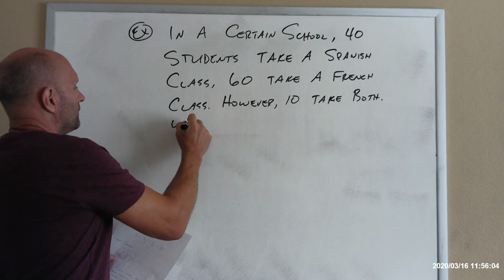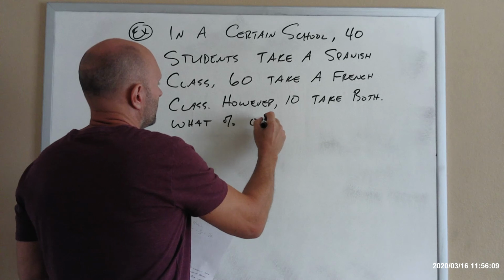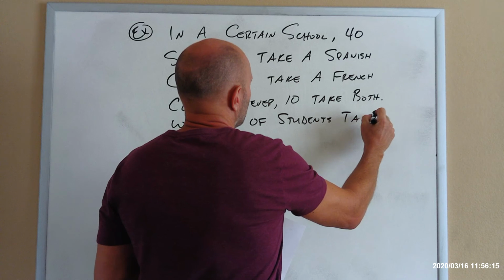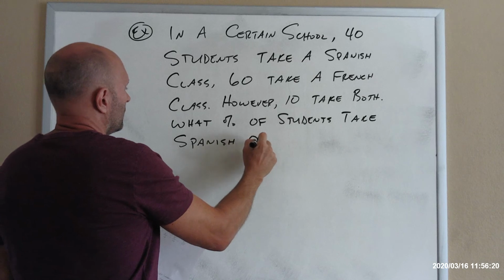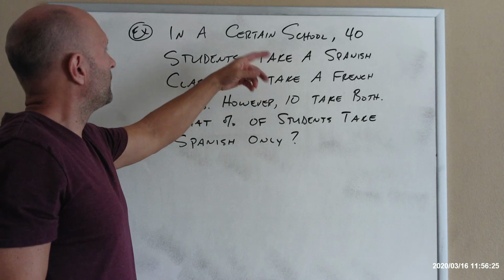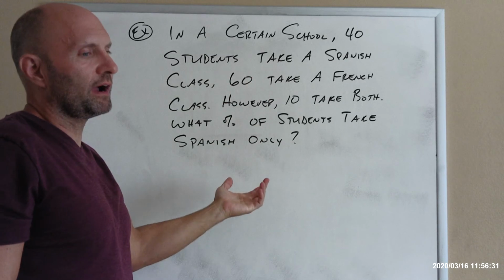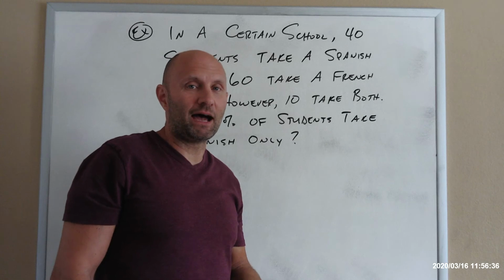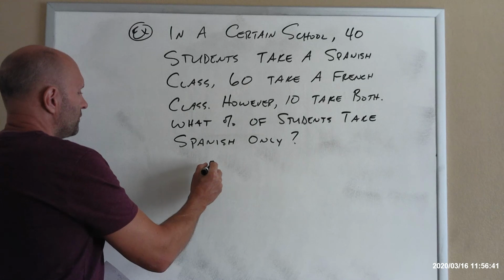So the question we want is what percent of the students take Spanish only? So a common mistake with this is to say, all right, well, there must be 100 kids, 40 plus 60, and 40 are taking Spanish, so 40 divided by 100, 40%. Okay, well this was an easy problem, but it's not because of this caveat at the end. 10 are taking both. So if we use the Venn diagram,